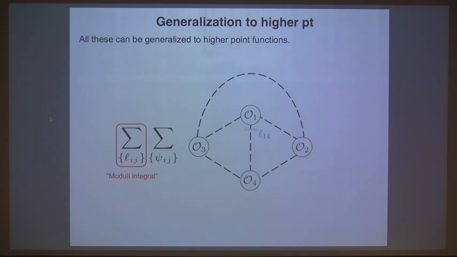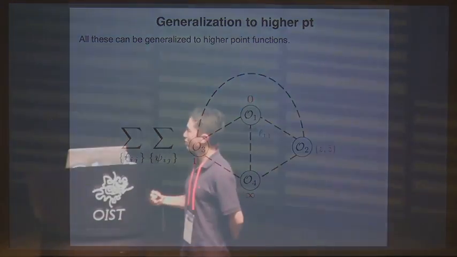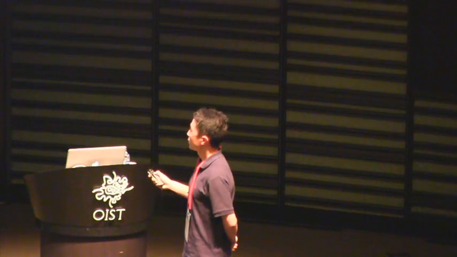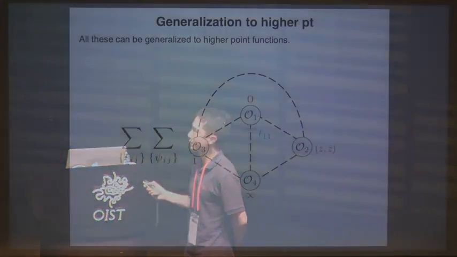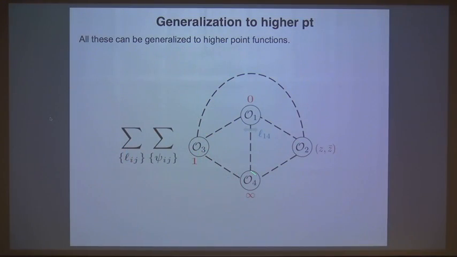Okay, and another important difference as compared to the 2 and 3-point functions is that, unlike 2 and 3-point functions, which are essentially captured by scalar quantities, which are basically anomalous dimensions or a structure constant, the 4-point function is a non-trivial function of the conformal cross ratio. For example, by using the conformal transformation, you can place the operator 1 at the origin, operator 3 at position 1, and the operator 4 at position infinity. Then the position of the operator 2 is given by the conformal cross ratio z and z bar.